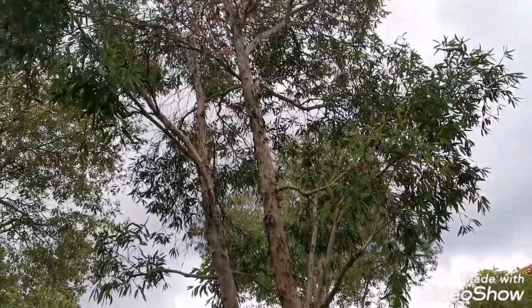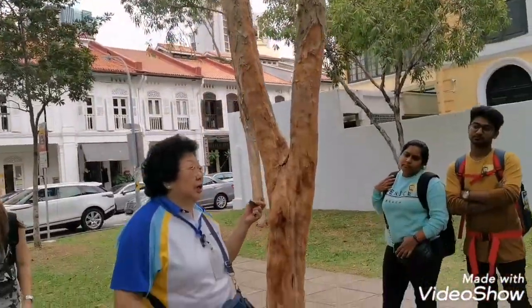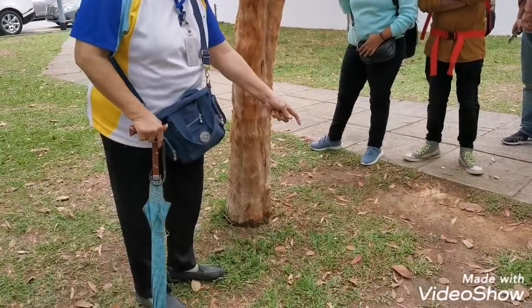This is the equivalent of the Australian eucalyptus tree. So on the ground, if you can